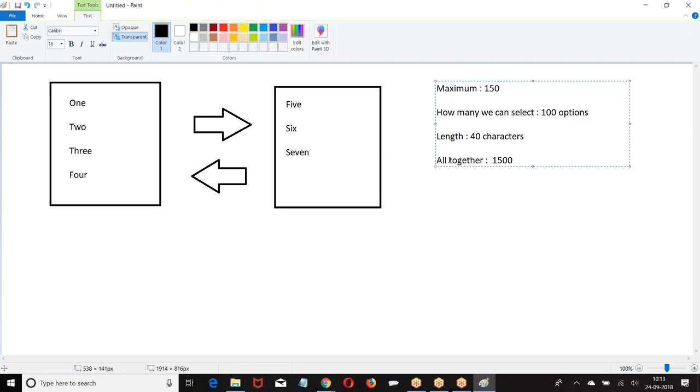Any query from your end? Sir, Srinivas here. Yeah, Srinivas, go ahead. For admin at the 315.com,